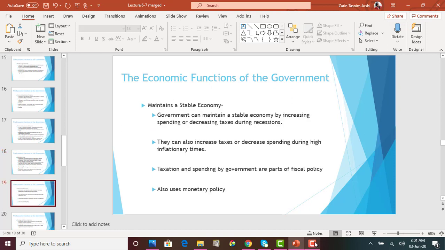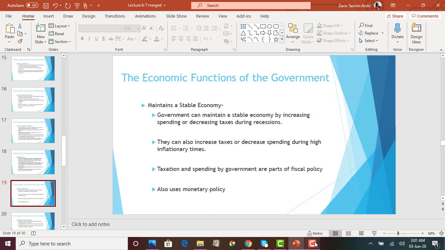The fourth function is to maintain a stable economy. The government can maintain a stable economy by increasing or decreasing taxes. During a recession, if the economy is going through a recession, the government can cut down taxes. Like, recently when we were going through the COVID-19 recession, the government cut down payroll taxes. Okay, so that's one way they can stabilize the economy. And during inflation, when prices are going up very high, the government can increase taxes in order to slow down